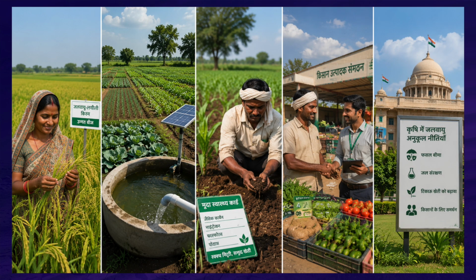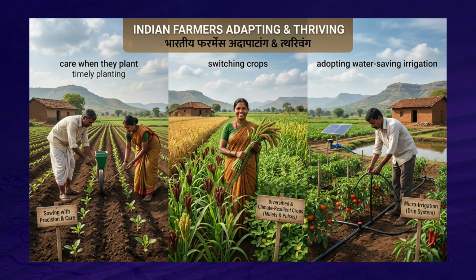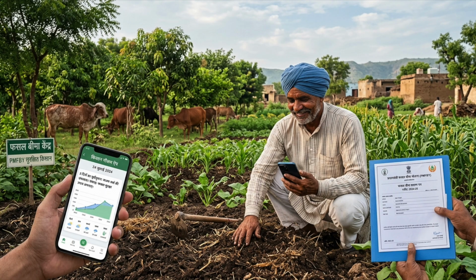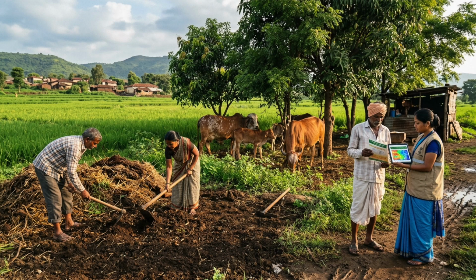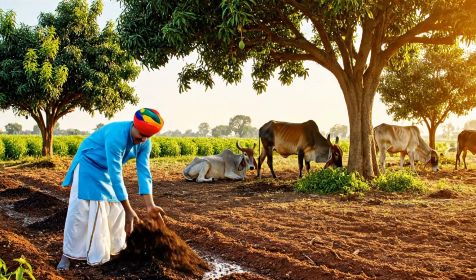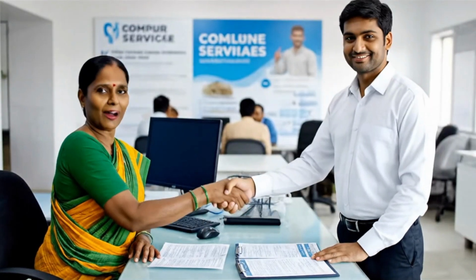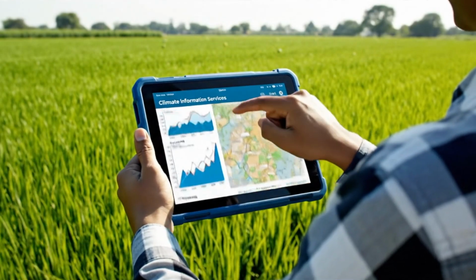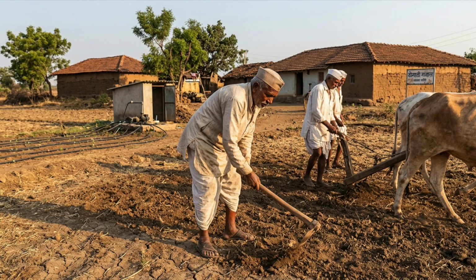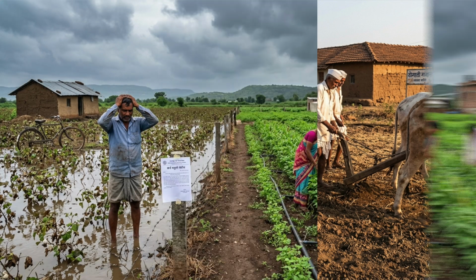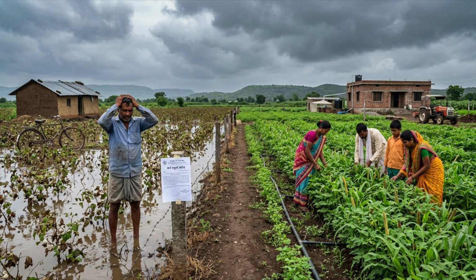Farmers who are able to cope better may take care when they plant, switch crops, adopt irrigation that saves water, add organic matter to soil, merge trees and cattle, get insurance for their crop, and make use of climate information services. While on the other hand, smallholders who don't have strong land rights, credit, technical help, or access to markets may be stuck in climate sensitive production systems